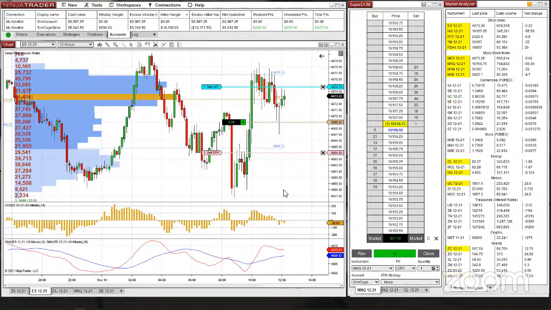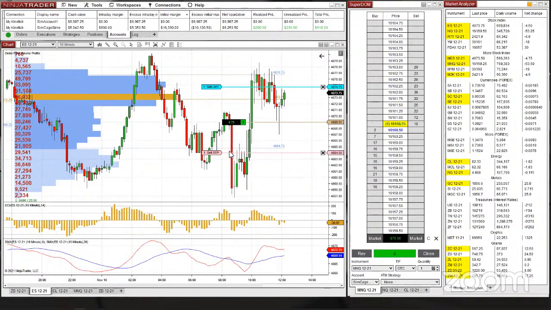The other part of the equation is technical analysis, right? Using historic prices to come up with trade ideas. And that's what we're going to focus on today. And we're going to create a chart from scratch that looks just like this. We're going to do it from scratch. So I'm going to go over the 5 things I look for.